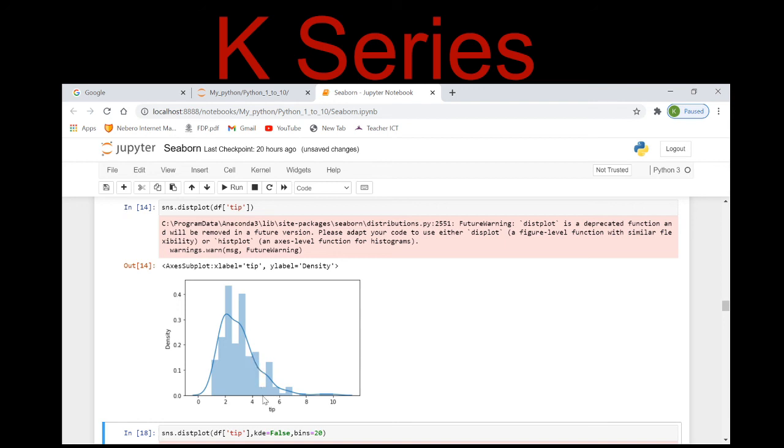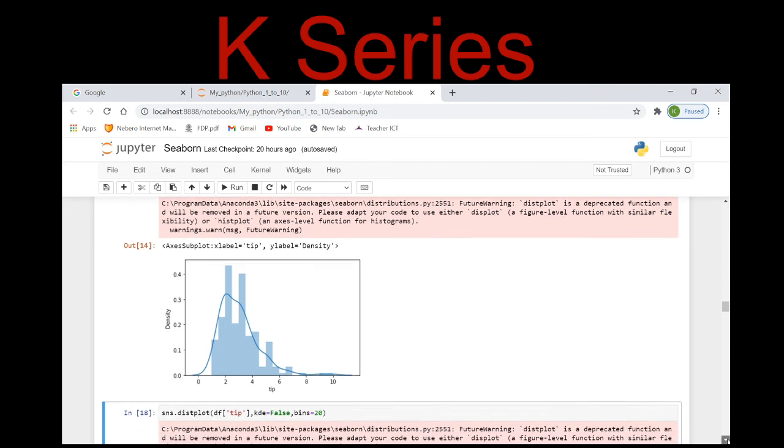The feature was dense in the range from $1 till $5. You can say that. The more prominent tips were from $1 to $3. More prominent, right? And the most prominent tip given was $2. Is it clear? So here I have used a simple dist plot and given one feature only, that is tip.